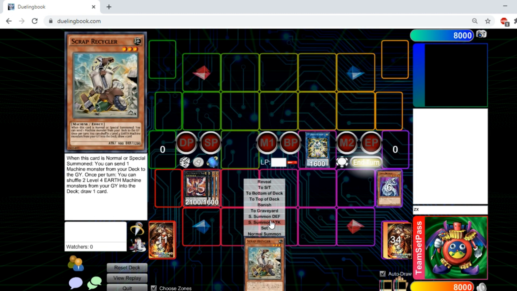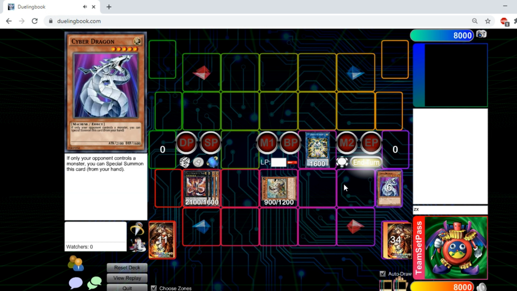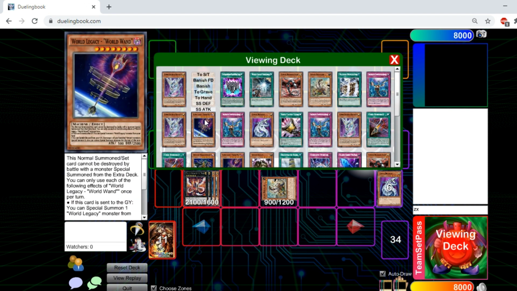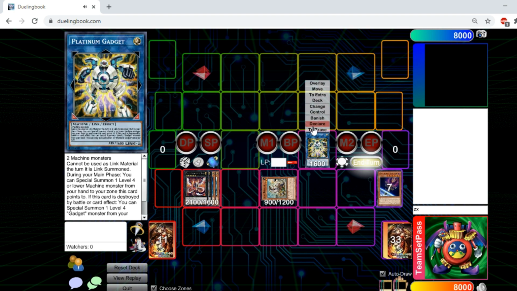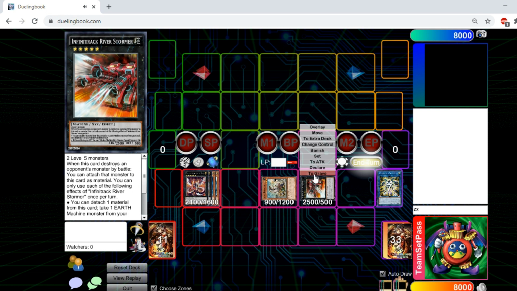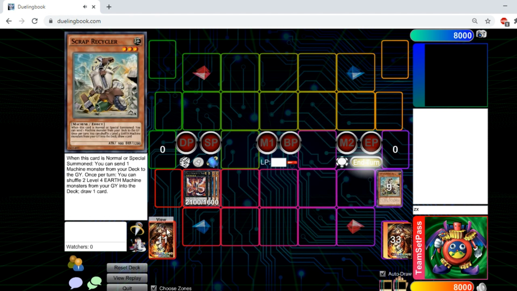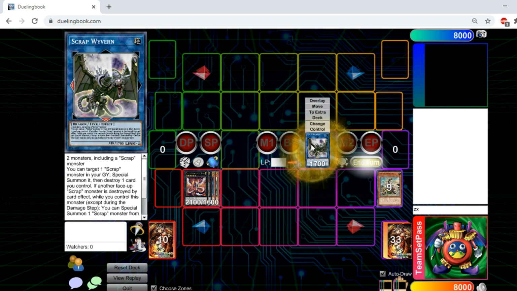Platinum Gadget effect, special summon your Scrap Recycler, sending to the graveyard. Once again, we don't need Rose Nyx at all at this point, so we're going to go ahead and dump our World Wand to the graveyard. And then since we need to link it off, Platinum Gadget to special summon our River Stormer from the graveyard, and now we can link River Stormer and Scrap Recycler into our Scrap Wyvern and continue the combo from there,